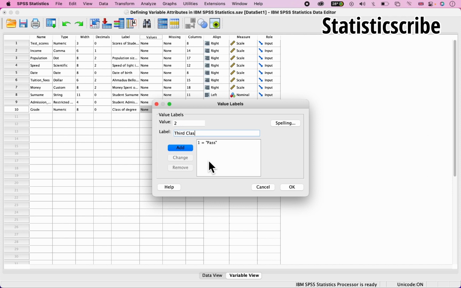Third class. You can either add as usual or just press your enter key. You see, it has added it using the enter key. Then 3. Now under 3, I want 3 to stand for second class, lower. Click on add or enter. Then 4. I want 4 to stand for second class,